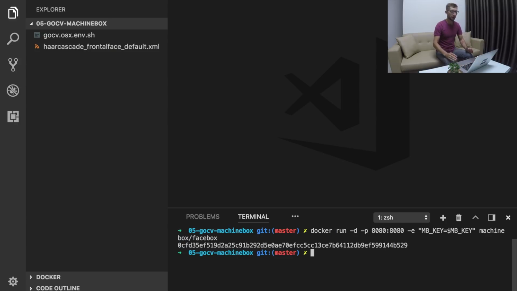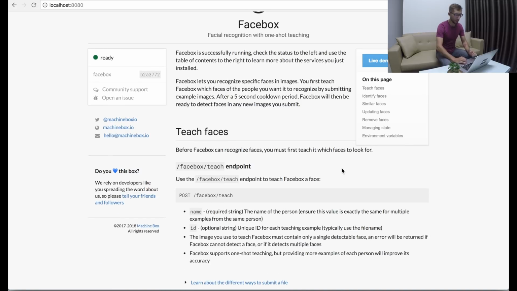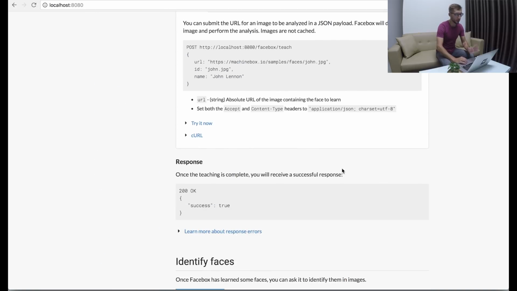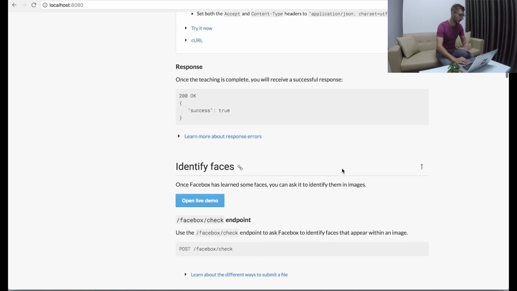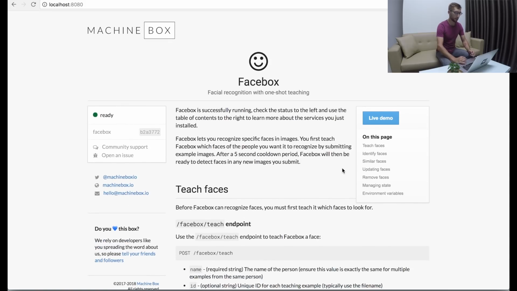Alright, our container seems to be running. Now, how can we verify it? We can go to localhost:8080 and see what's going on there. Voila, it's running. As you can see, we have some documentation here. We have a documented API, we have some forums, so we can try this API. And it looks very nice. So, as I said, Facebox has a Go SDK, so we can go back to our editor and try to write